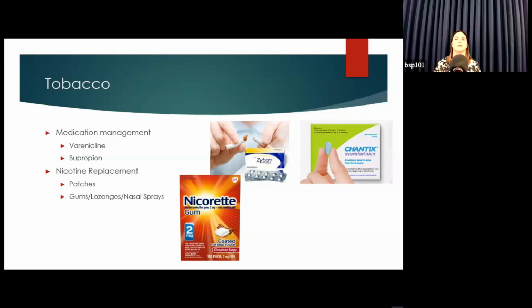So having gum or lozenges that they can use on top of the patch for a transient craving is useful, because cravings come out of nowhere, right? It's like somebody looked at you funny walking across the street, you get a craving. You have a fight with your mom on the phone, you get a craving. So having something you can take as needed is also really useful.